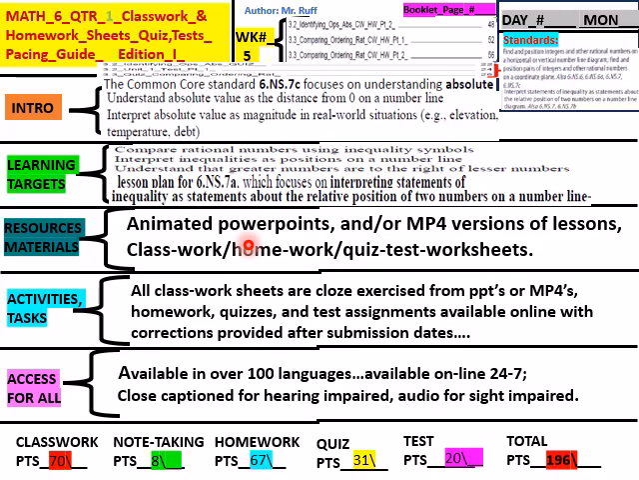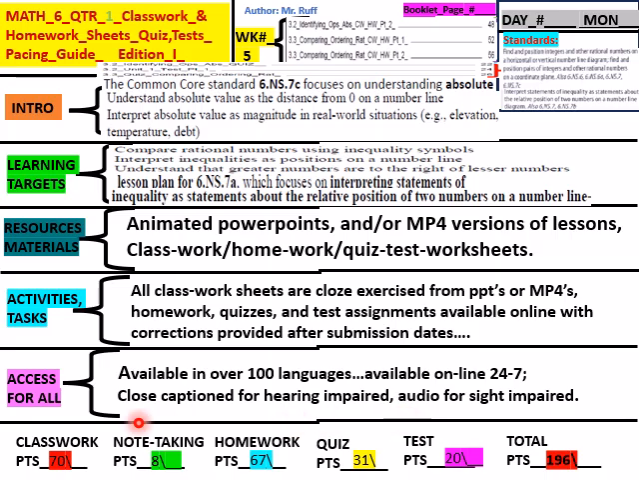These are our standards. And again, for resources and materials, animated PowerPoints and/or MP4 versions of lessons, classwork, homework, quiz, test, worksheets. And then activities and tasks, all class worksheets are closed exercises from PowerPoints or MP4s. Homework, quizzes, and test assignments available online with corrections provided after submission dates. And then access for all, available in over 100 languages, available online 24/7, closed caption for hearing impaired, audio for